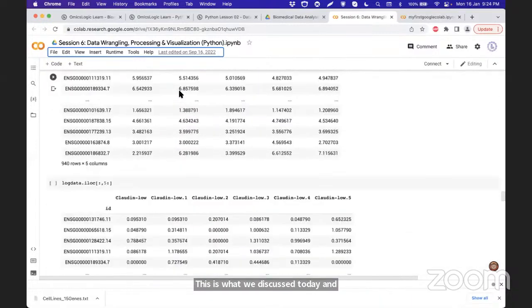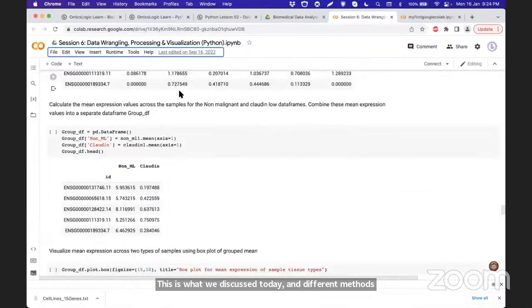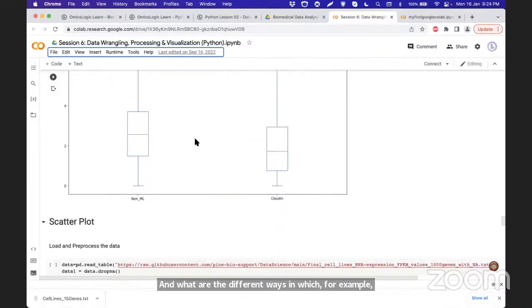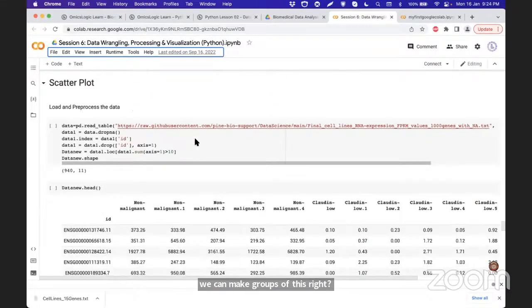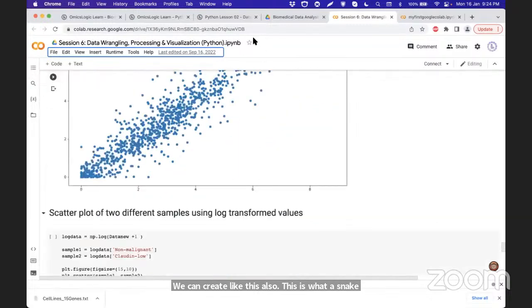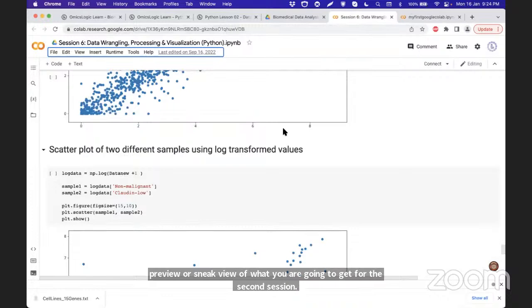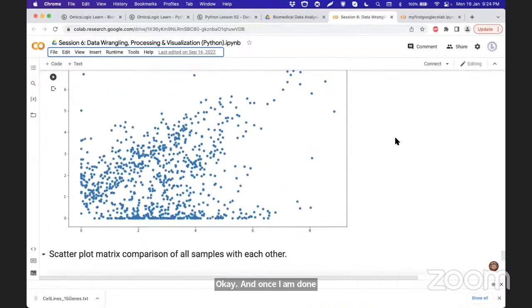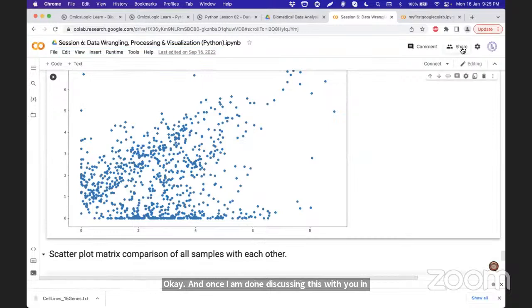And what are the different ways in which, for example, we can make groups of this? We can create like this also. This is a sneak preview, or sneak view, of what you are going to get for the second session. Okay. And once I am done discussing this with you in the live session, then we are going to share